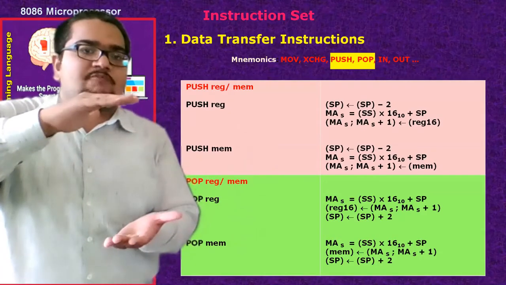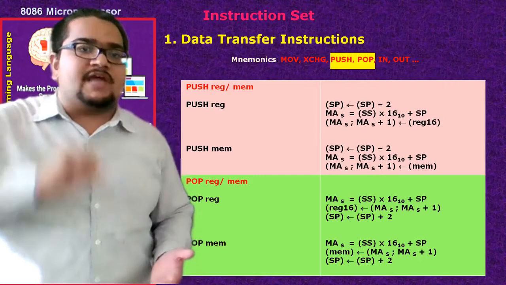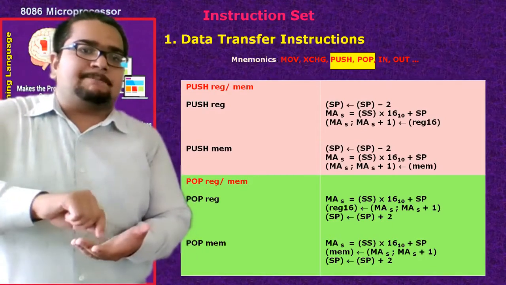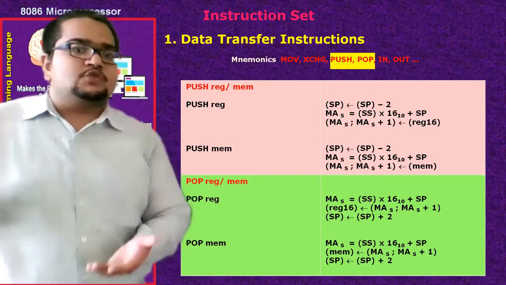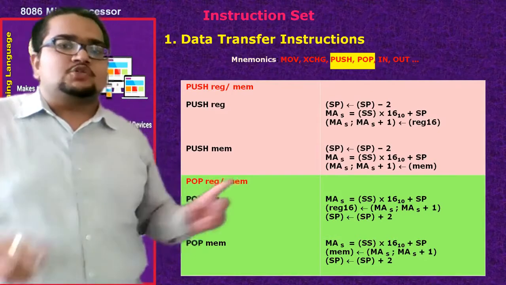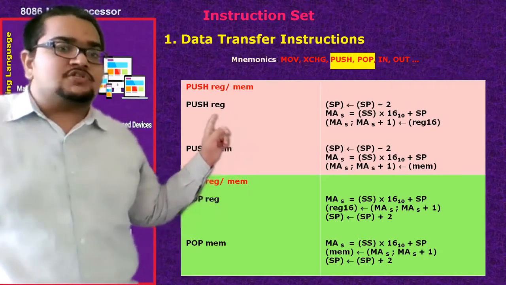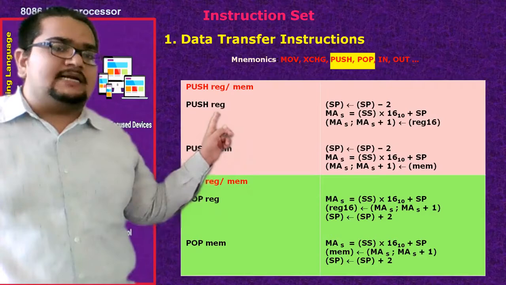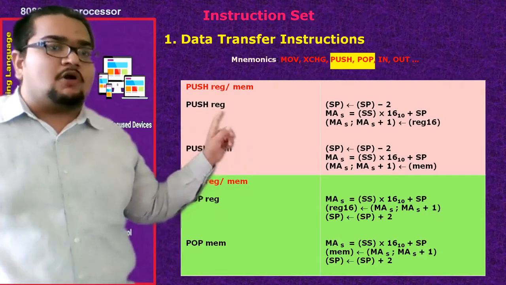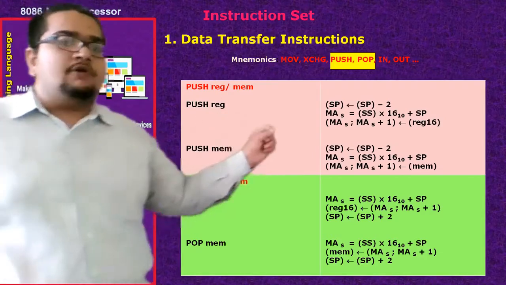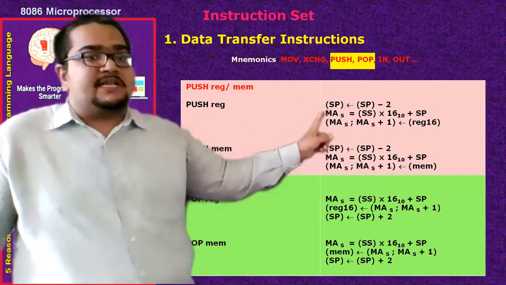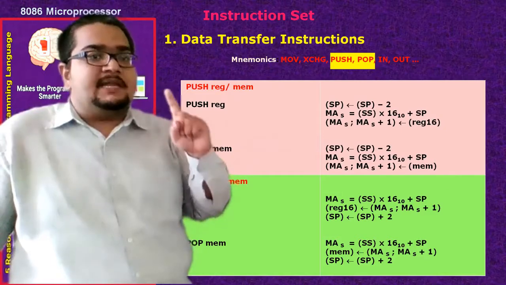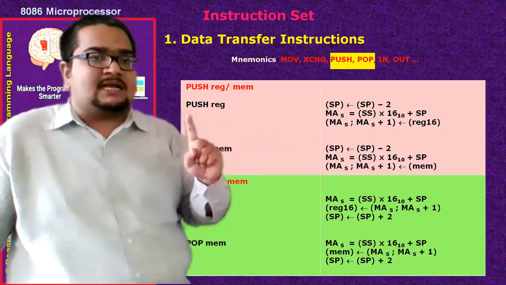Suppose we have a stack of books, or a stack of cards. If a stack of books is there, you can pick the topmost book first. That type of memory is a stack memory. So what happens here? When I write push REG, suppose 2 bytes of content in REG are pushed onto the stack, saved onto the stack. How is it done? The stack pointer SP register always points to the top of the stack.